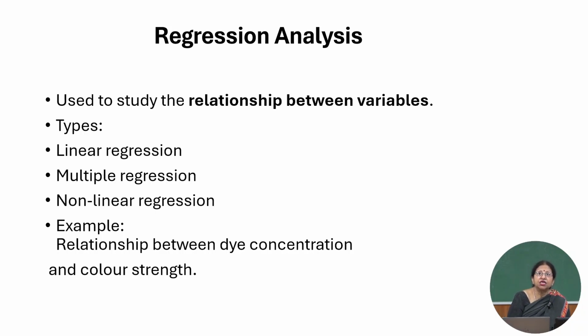It is not always that the relationship between dye concentration, fabric, and color strength is linear. It can be non-linear, which means they are not directly proportional. They may not show any simple relationship between the variables. They can show an unexpected and opposite relationship. At a certain point of concentration, the dye stops dissolving. Such situations also arise, and this is why we have to do regression analysis very carefully, because it gives very important information.